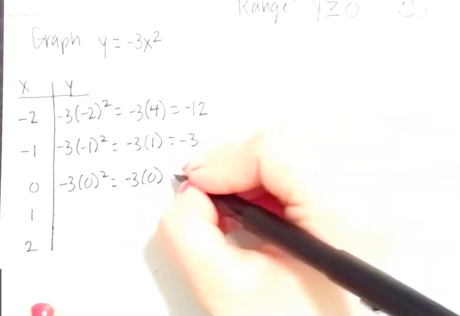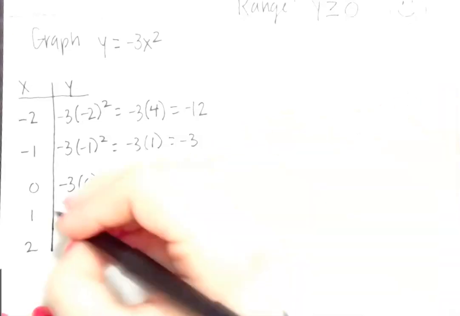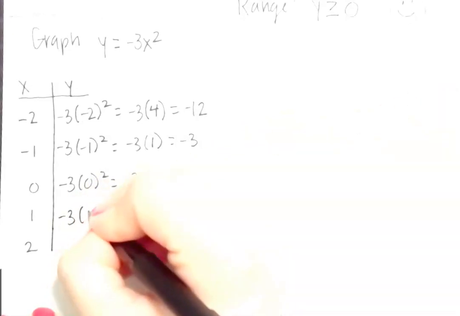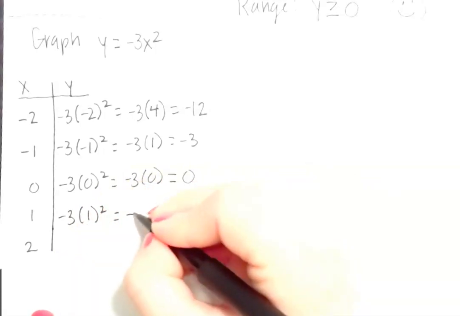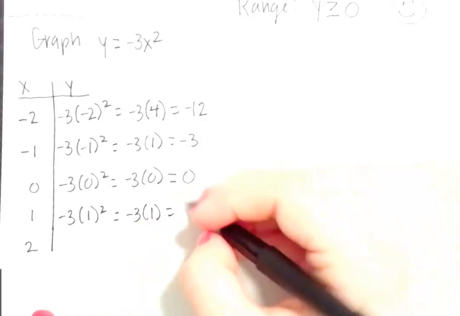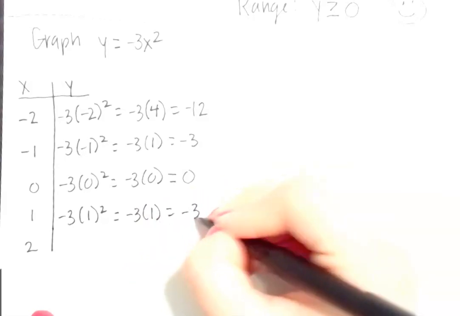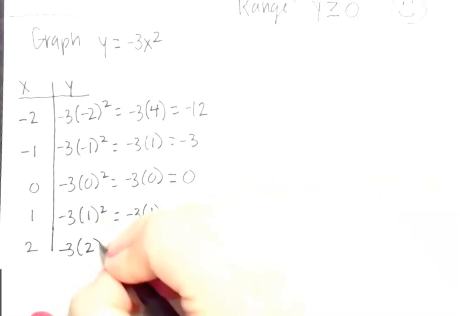Negative 3 times 0 is just 0. Plug in 1. 1 squared is just 1. Negative 3 times 1 is negative 3. And then our last one,